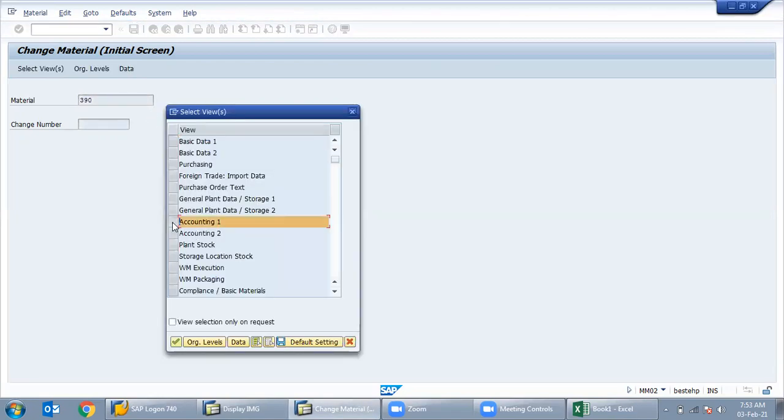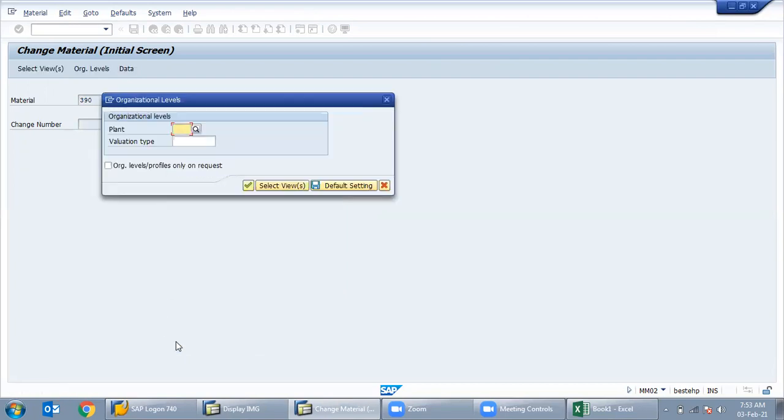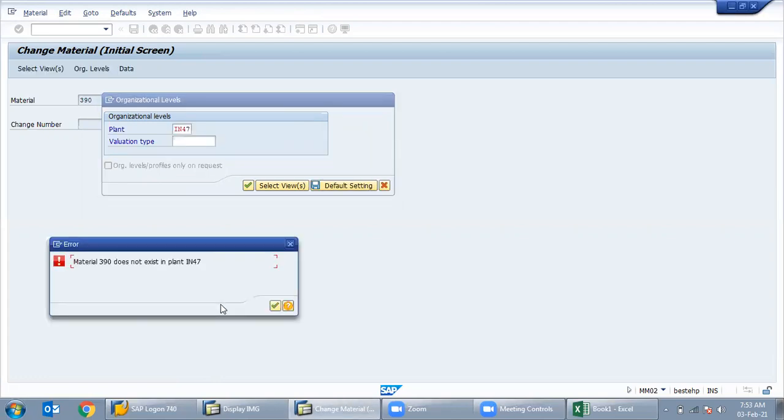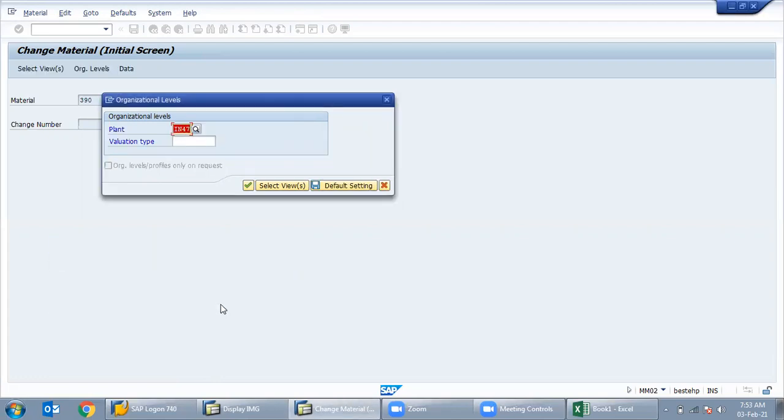Like in the accounting view, which plant was created?